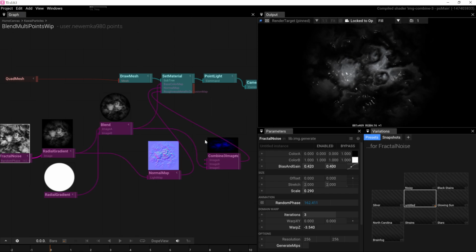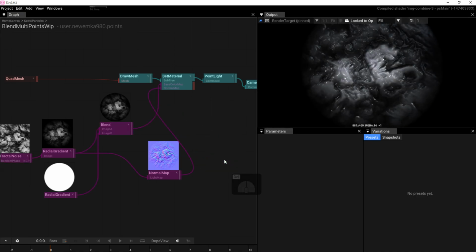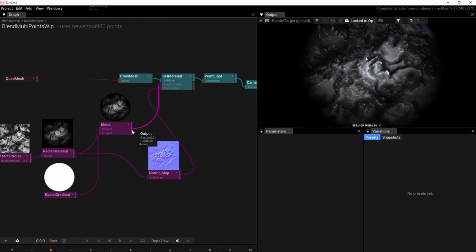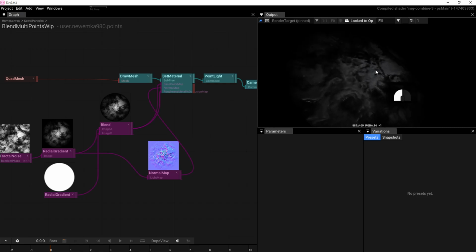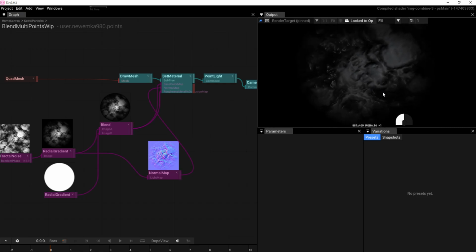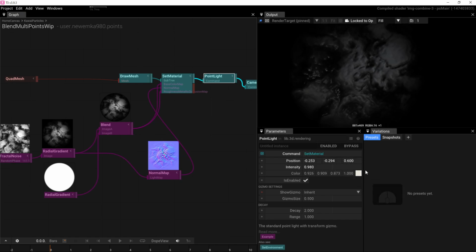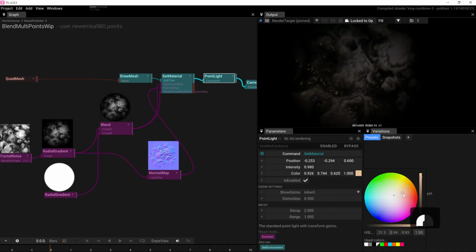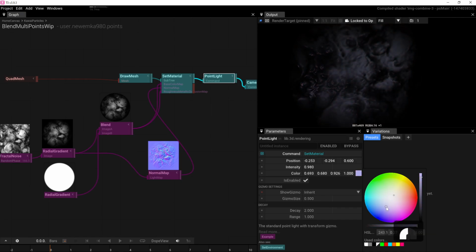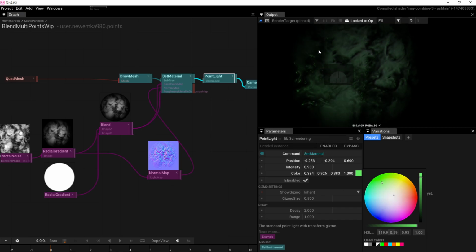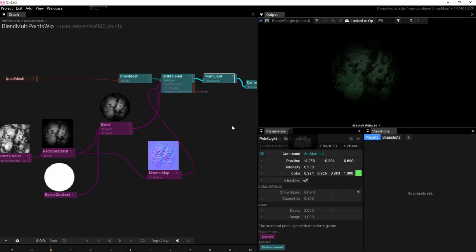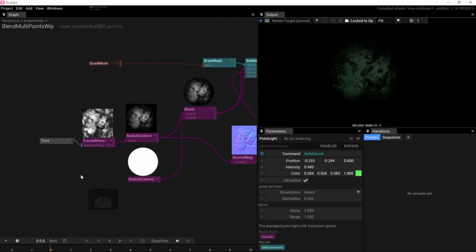So what if I, instead of using this, I plug it here. Let's give a color to the point light. I don't know. And what could be interesting as well,